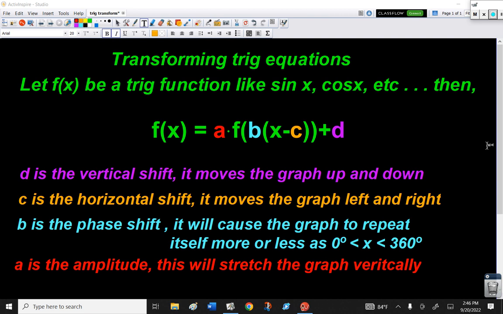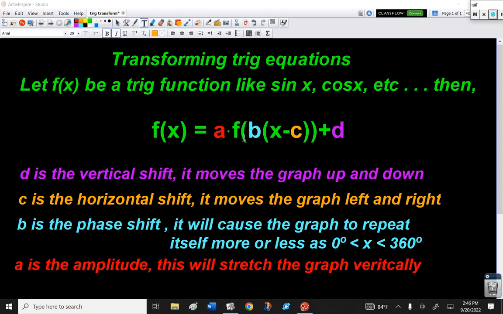Ladies and gentlemen, we're going to be graphing some trig graphs, and in order to do so, I'd like to show you what could happen to a trig graph if you just change one number. So I want you to let f of x be a trig function like sine of x, cosine of x, or really any of them. If that's the case,